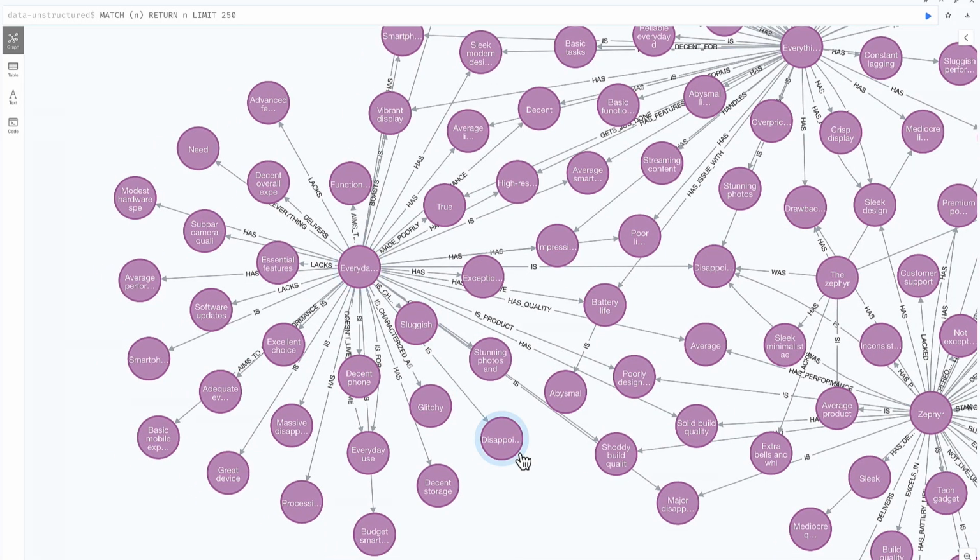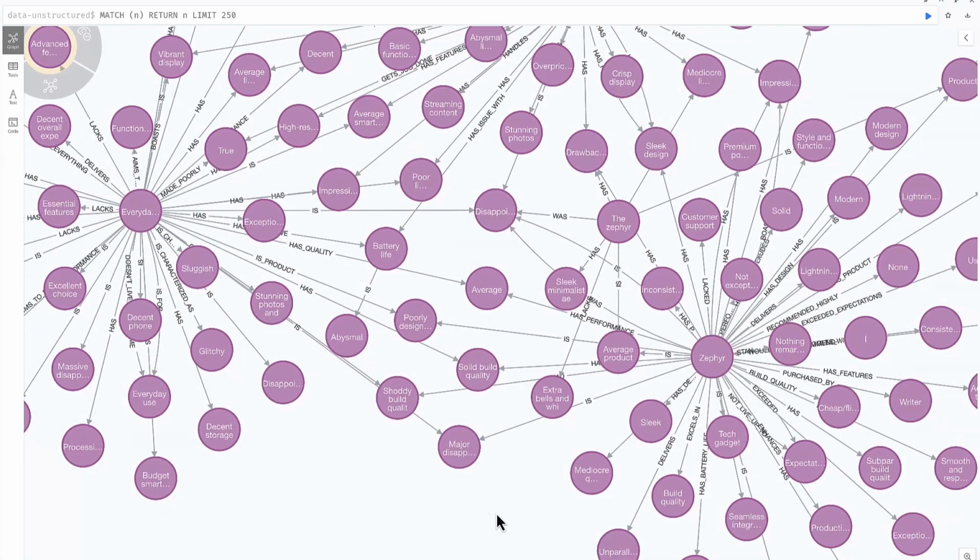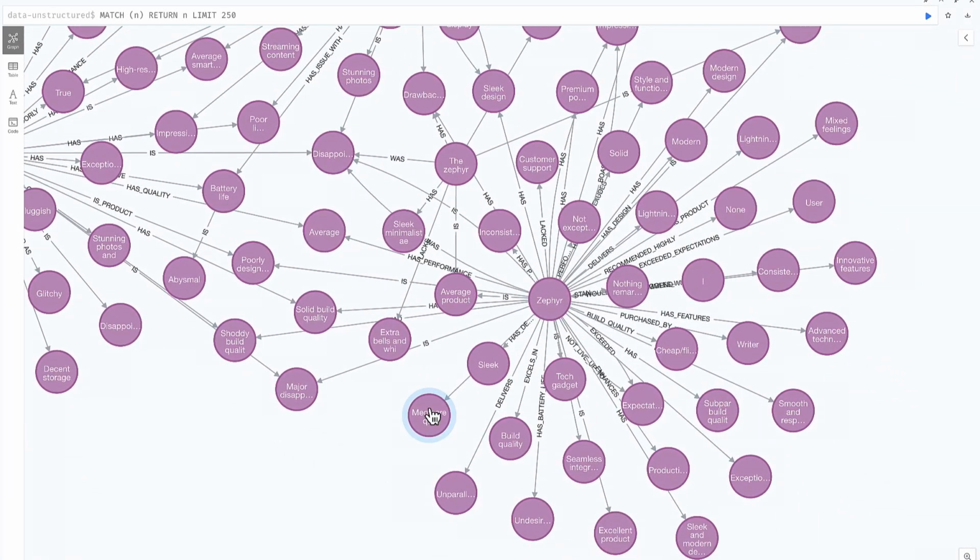If I move across to the left here and highlight one of them, we'll find the Everyday Phone epicenter. For this product, all the edges and their connections are representative of the details that were extracted from the product reviews. Switching to view another product, if we drag our map across to the right, we'll see another more central